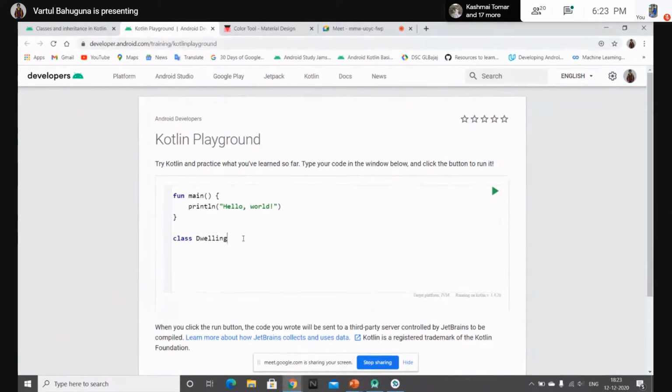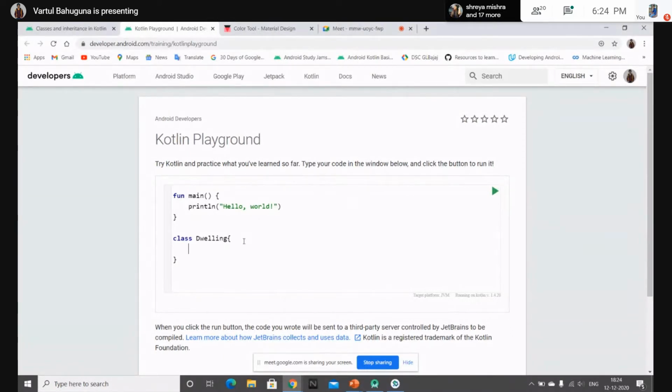So dwellings are some sort of space wherein people can live, or someone lives. So we have a class dwelling, and the concept of this codelab is that we will create subclasses. Like there are types of dwelling, some are huts, and then huts are square huts and round huts. There are towers, people also live in towers, and that also comes under the class dwelling. So to create a class, we first type the keyword class, followed by the name of the class, and then the parentheses.